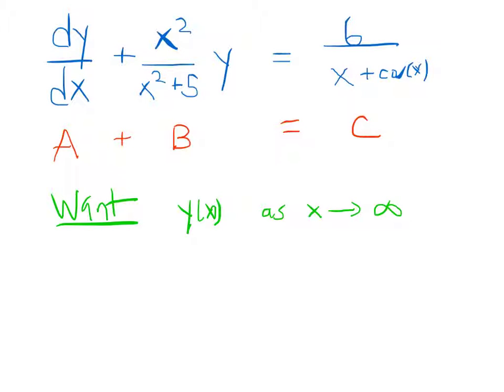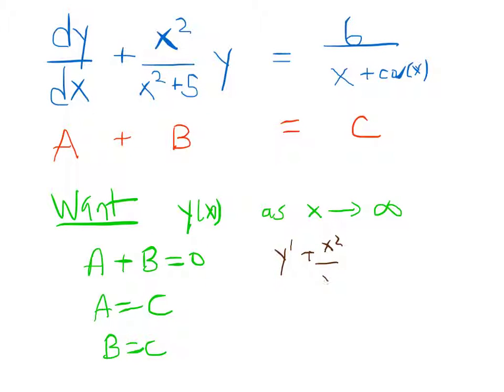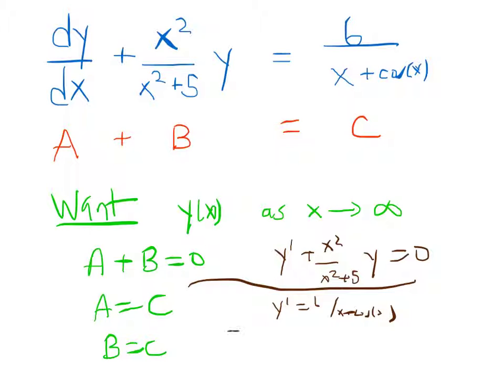So to do this, let's ask what happens when x is large. The three possible balances that can occur are the following. We can have a plus b is equal to 0, we can have a is equal to c, or we can have b is equal to c. Each of these three symbolic relationships represents an equation. For example, a plus b equals 0 refers to the equation y prime plus x squared over x squared plus 5y equals 0. a equals c is the equation y prime is equal to 6 over x plus cosine of x. And b equals c